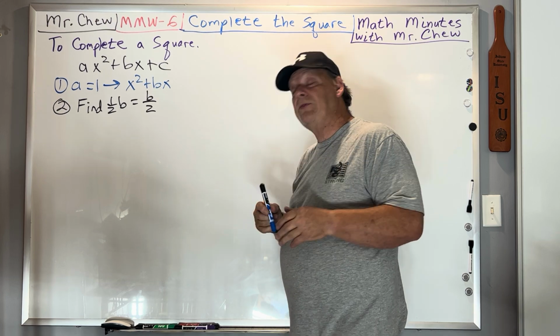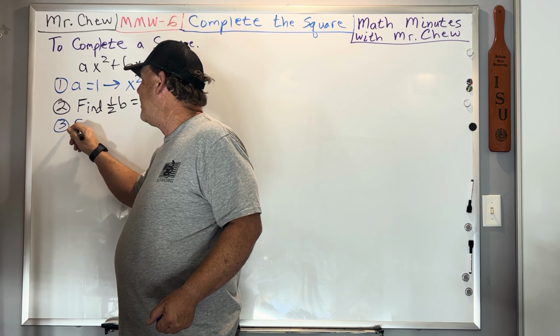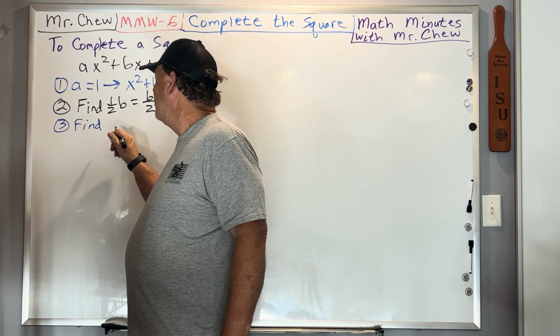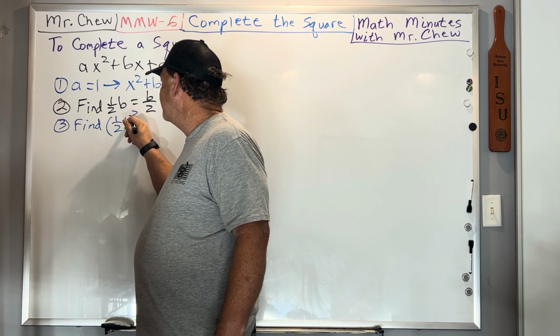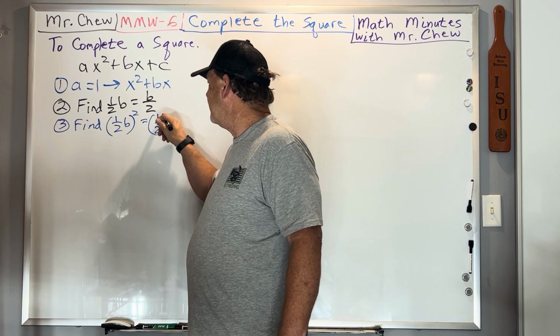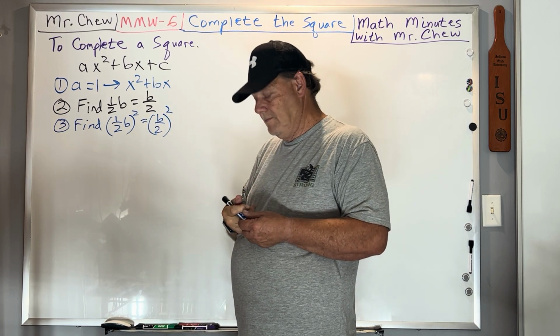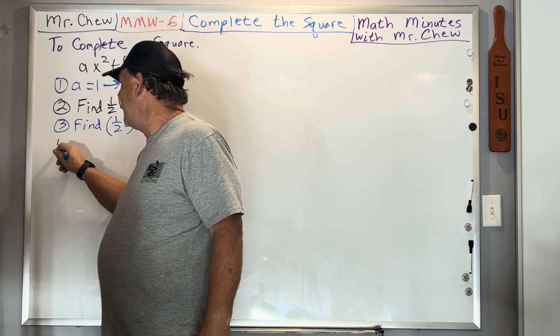Then step 3, I have to find out what that 1/2 b squared is. Remember, you can do b over 2 squared. And then step 4,